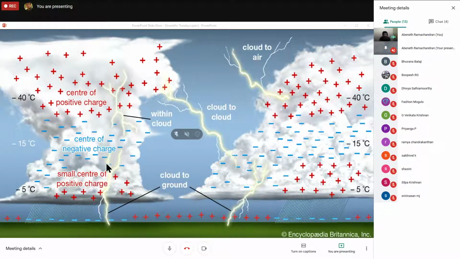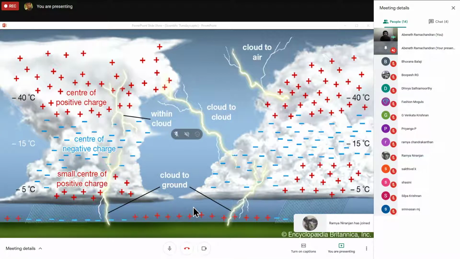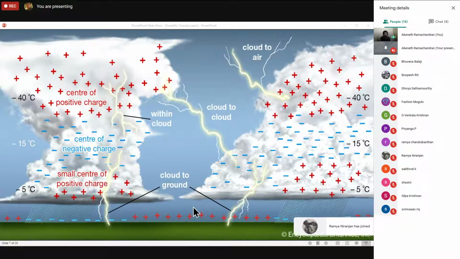The other thing is within the clouds. So you have a lot of positive charge on the top, a lot of positive charge in the bottom, even more positive charge in the middle. So all lightnings go in between. And the final one, the one that we can see all the time when we have different current in the bottom, that is in the volcano. So that is how all these charges and currents work.